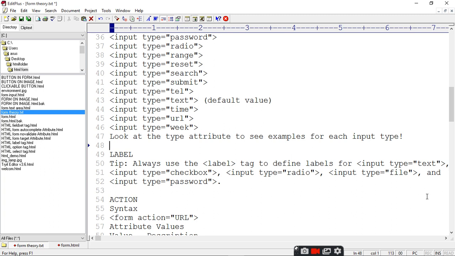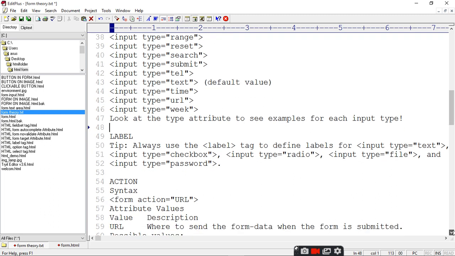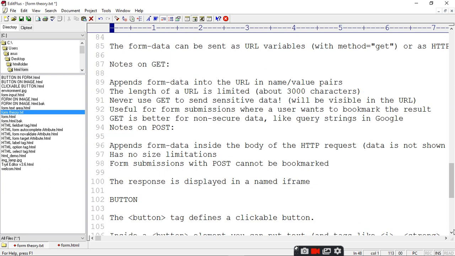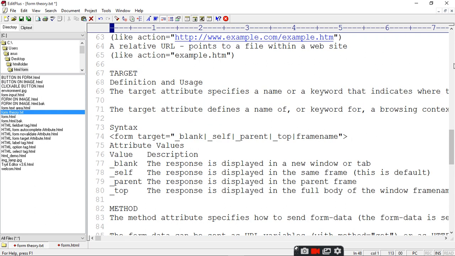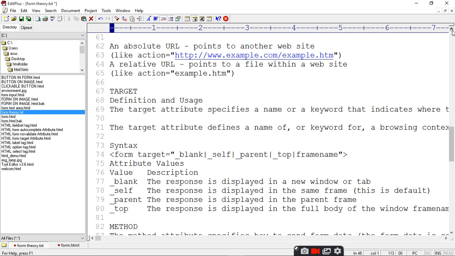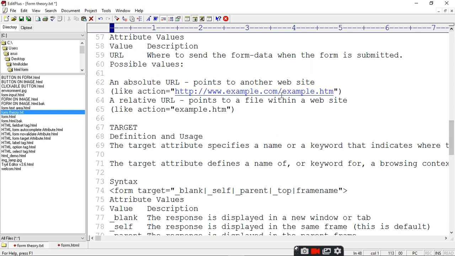Then action. Action means where you are sending your information. So action can take a mail, a file name, or an address or URL where you have to send the information. So take the relative URL.